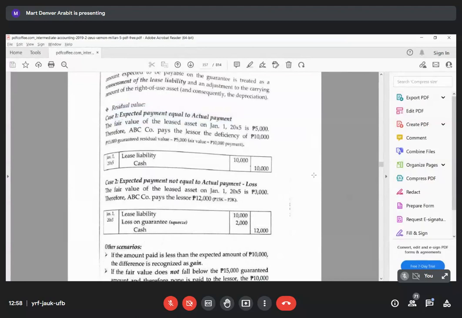Okay. So, let's say natapos na yung lease term and yung fair value ng lease asset at the end of lease term is 5,000. So, to close the liability, kailangan magbayad the lessee kay lessor ng 10,000. Why? Kasi dito sa